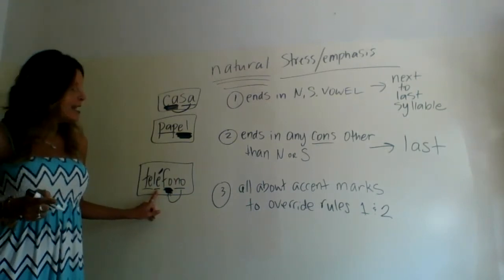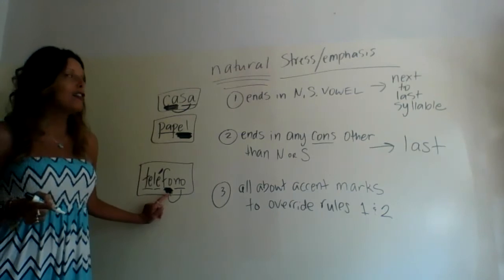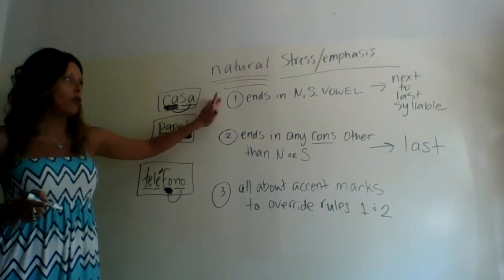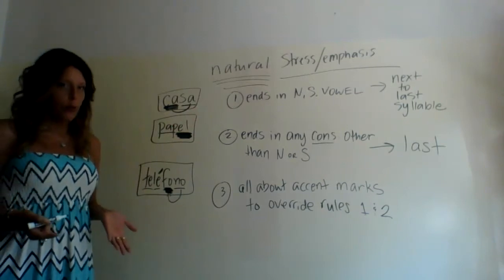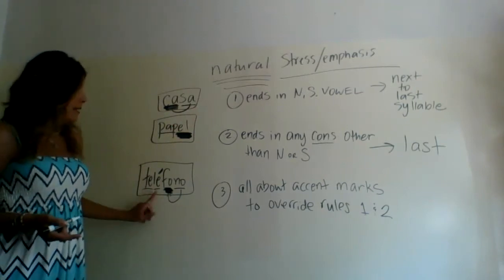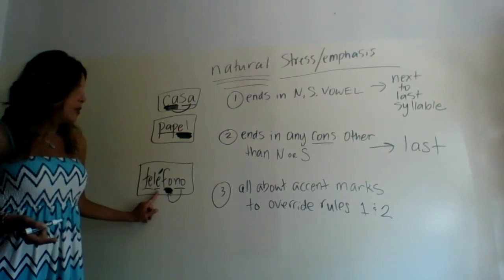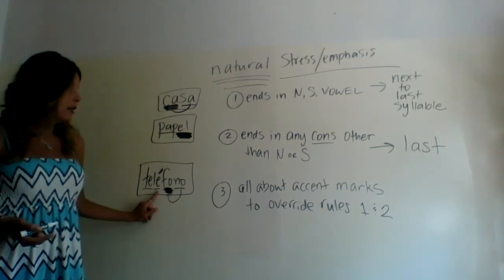They didn't want that word to fall naturally under the pronunciation of rule number 1. They wanted to override that natural pronunciation, and that is why we pronounce this word with the accent mark,